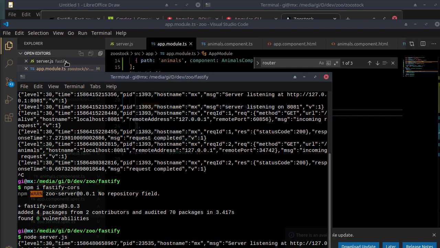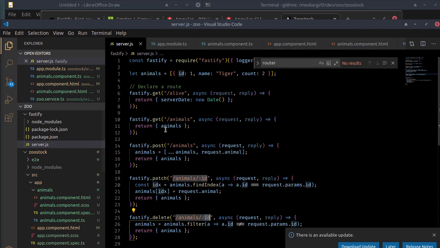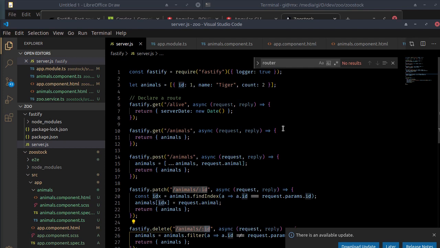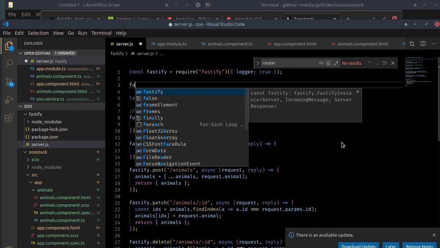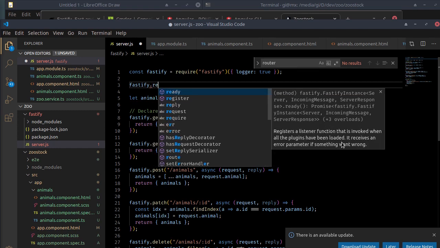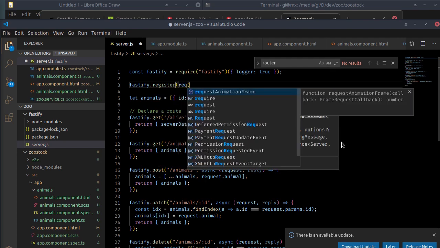So I'm just going to move it to the side a little bit. So here now I can use Fastify CORS. To use Fastify CORS I need to register the module